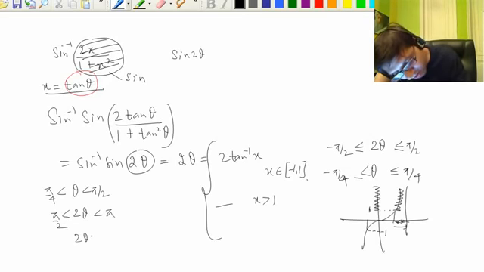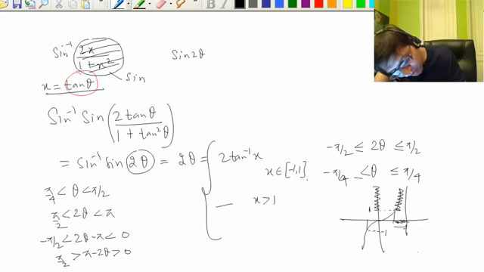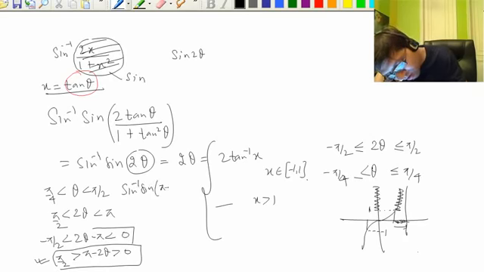So what we do is subtract pi. We get the principal value branch, but also multiply with a minus sign. Pi minus 2 theta is greater than 0. This sign change has happened. So pi minus 2 theta is also in the principal value branch, and 2 theta minus pi. But for us, this thing is easy: pi minus 2 theta. We can write this as sine inverse sine of pi minus 2 theta. Now we can cancel sine inverse with sine. So it is pi minus 2 theta when x is greater than 1, that is pi minus 2 tan inverse x.